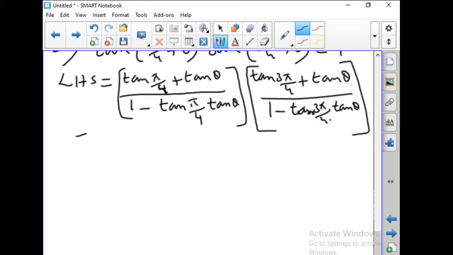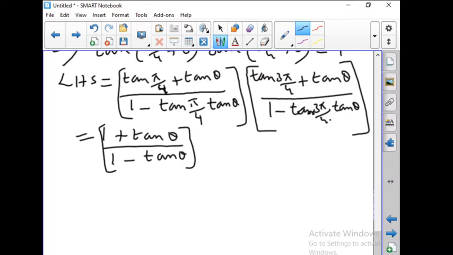So you know that tan pi by 4 is tan 45, so it is 1. So 1 plus tan theta divided by 1 minus tan theta. Tan pi by 4 is 1, so 1 into tan theta, so tan theta. And what about tan 3 pi by 4? So tan 3 pi by 4 can be written as